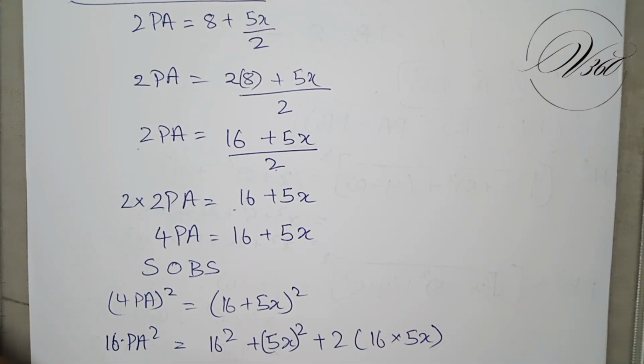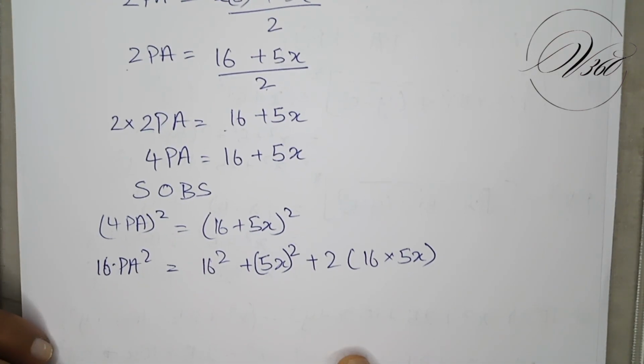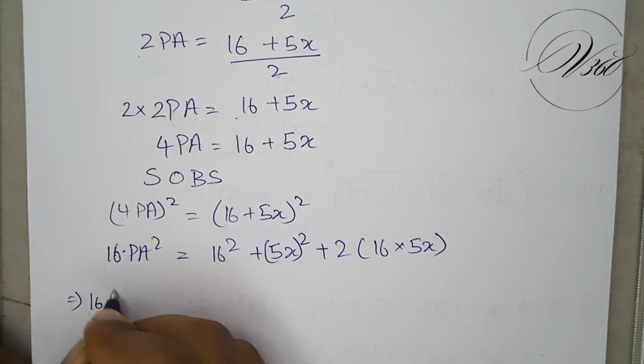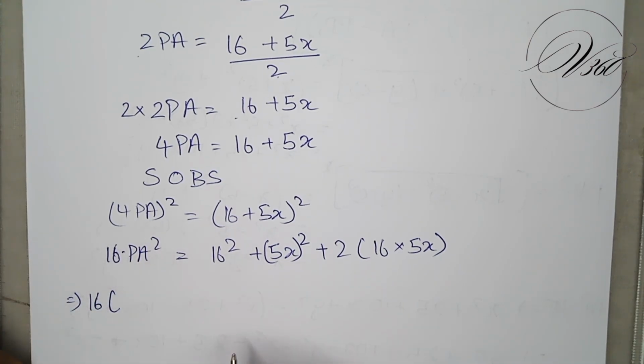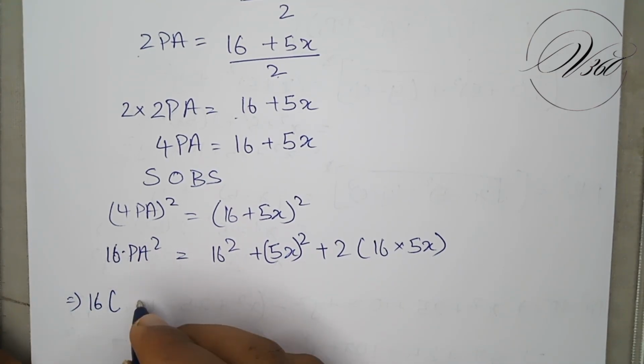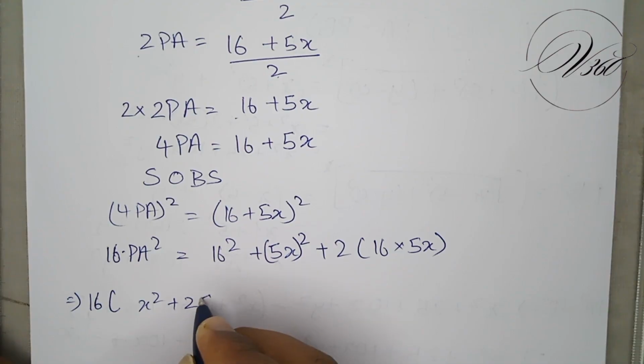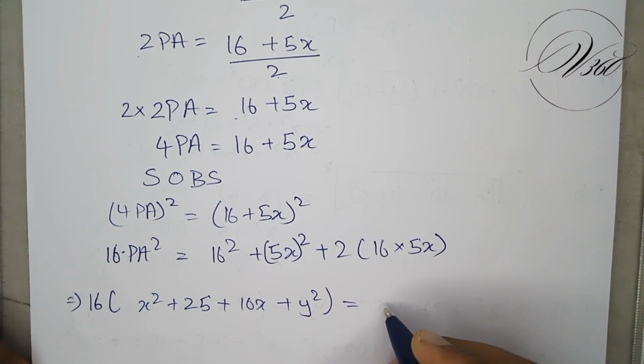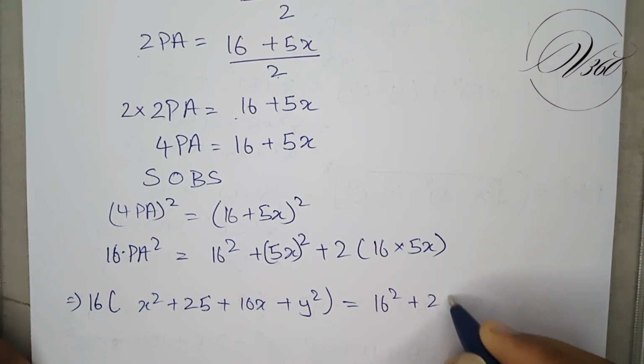Now if we further solve this, first we will add the value of PA square, which is 16 of x square plus 25 plus 10x plus y square, which is equal to 16 square plus 25x square plus